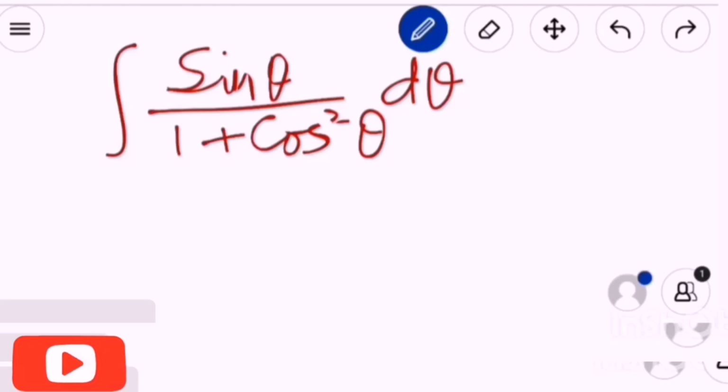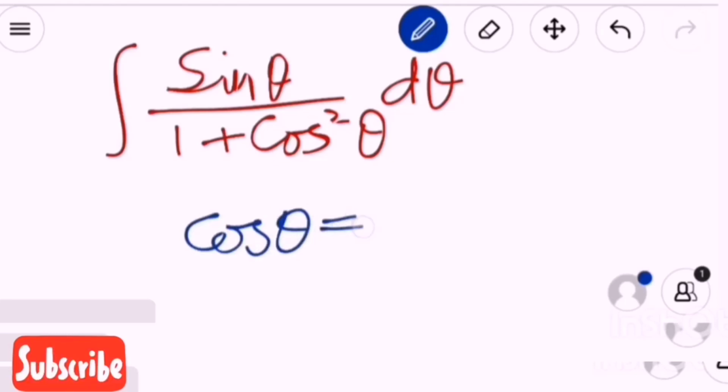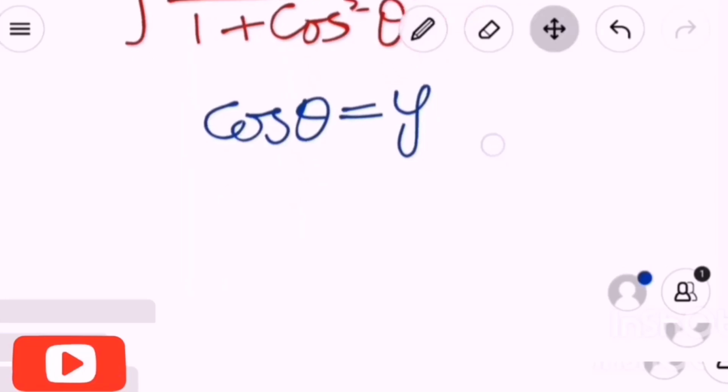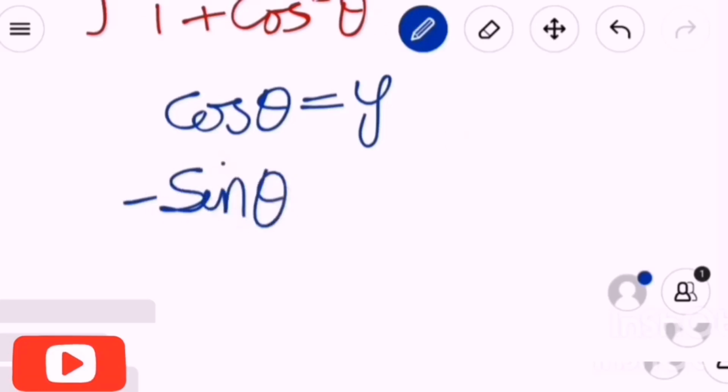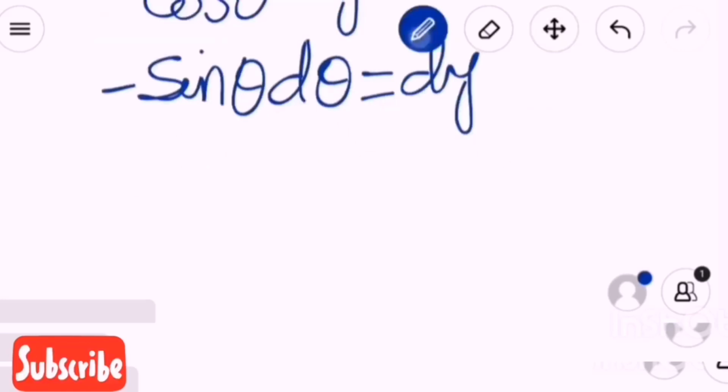We convert this trigonometric form into algebraic form by substituting cos theta is equal to y or t or something, right? If we substitute, then what happens? We have to calculate its differential also. So its differential is minus sine theta d theta is equal to dy,